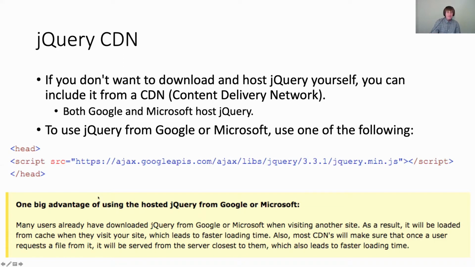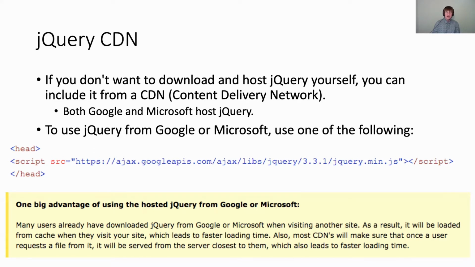Now, one big advantage to using jQuery hosted from Google or Microsoft is many users have already downloaded jQuery from Google or Microsoft when visiting other sites. As a result, it will be loaded from cache when they visit your site, which leads to faster loading times. So let's say I go to google.com. Google.com uses jQuery. Now I visit your website. Well, I've already loaded jQuery from google.com. The browser sees that I've already loaded it. It's going to load it from the cache, and it's going to load your page instantaneously, which will lead to